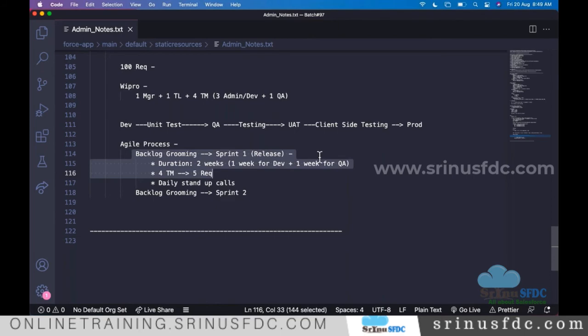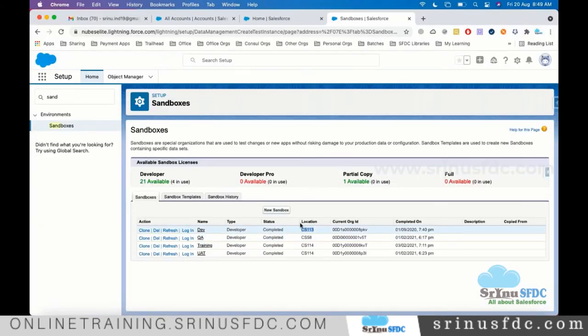When the sandbox is refreshed, everything in the sandbox will be removed, and again it is copied from the production and placed here. It's like we are creating a new sandbox, right? Refresh means the name will be the same, but all contents will be removed and again copied from the production. That's nothing but the refresh. In projects, at least once in 3 months or 6 months or 1 year, people refresh. So just understand that concept.